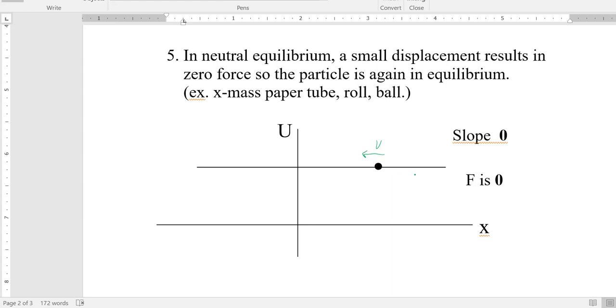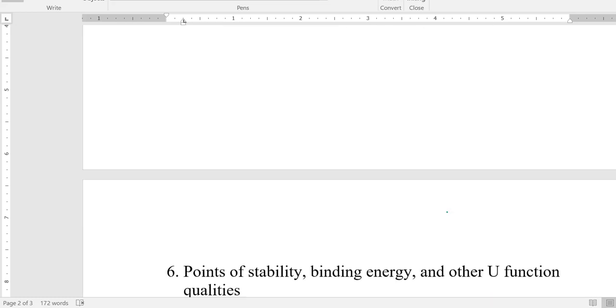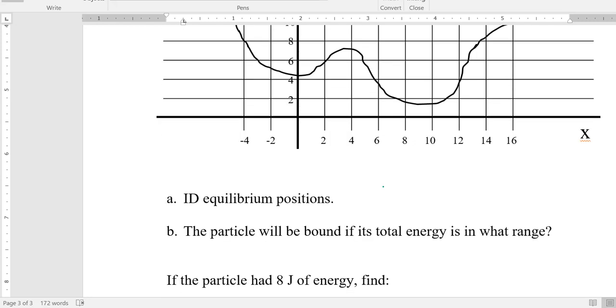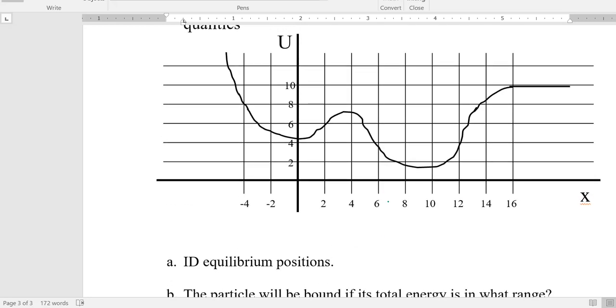So we have stable, unstable, and neutral equilibrium. Now, you can often have a graph, and here we got some numbers for you, and they're going to ask about types of things on the graph. So for instance, identify equilibrium positions. So that's basically anywhere the graph is horizontal. So here, about there,